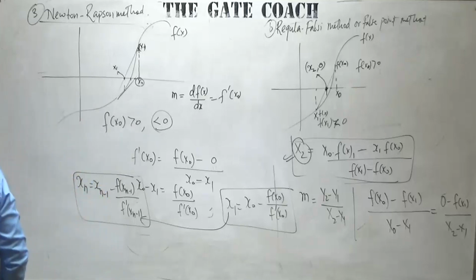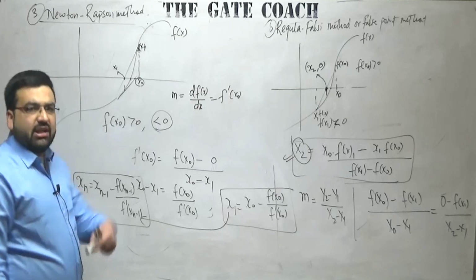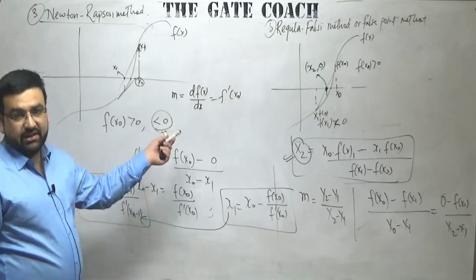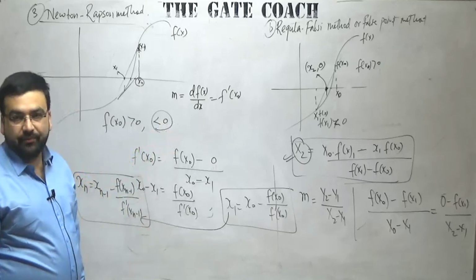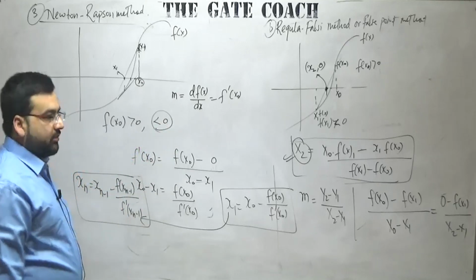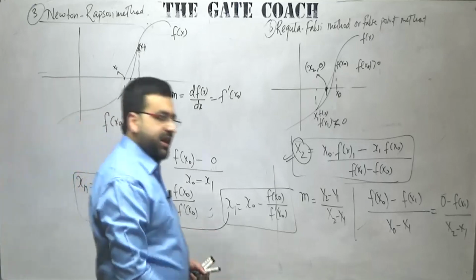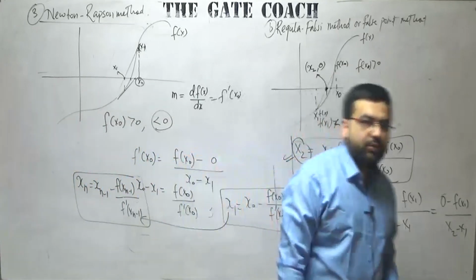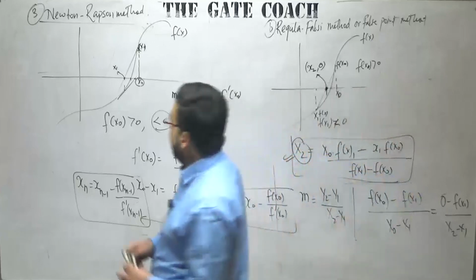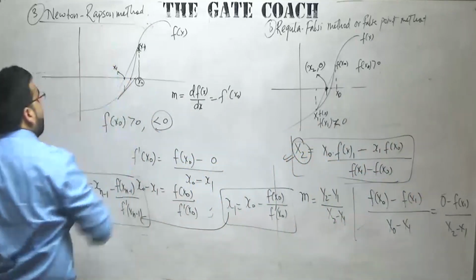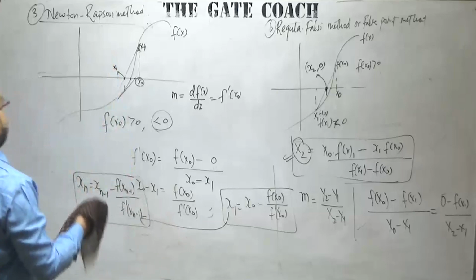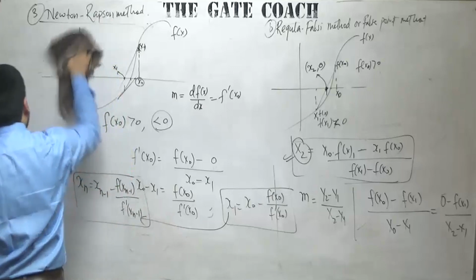The next method that we discussed after the Newton-Raphson method was the secant method. The secant method is also the same, just like the regular false position method. It is almost the same method. Not going to repeat it because that is not in the syllabus. I have already told the secant method in fluid mechanics also. So this method is the most important method, that is the Newton-Raphson method.